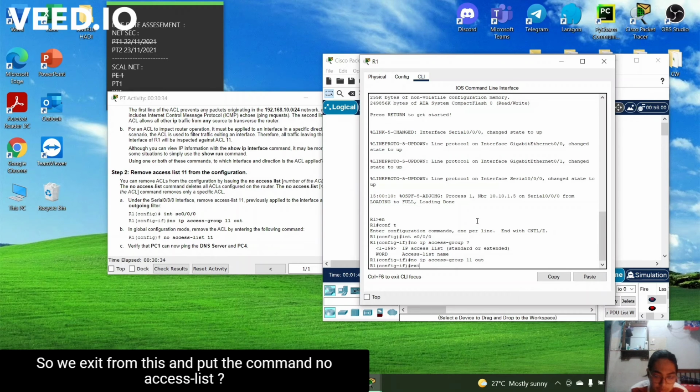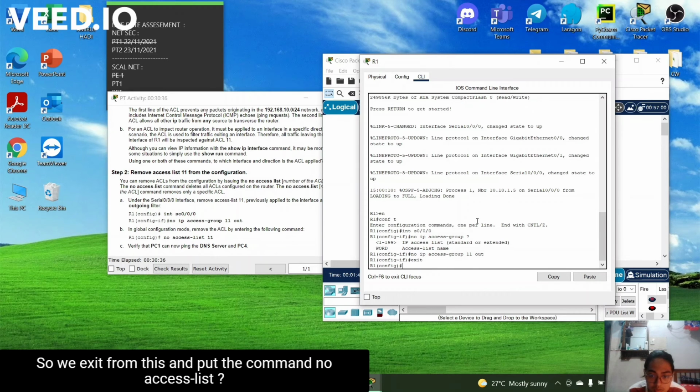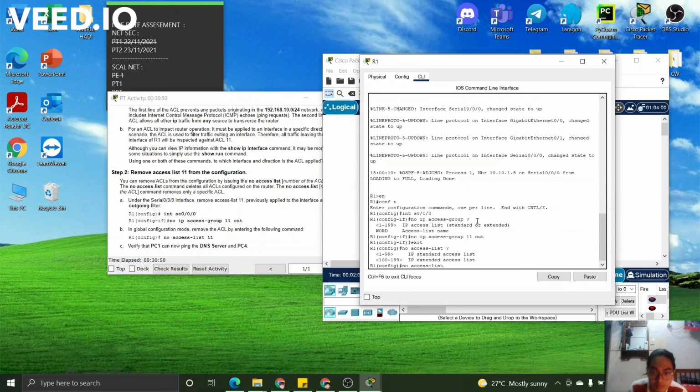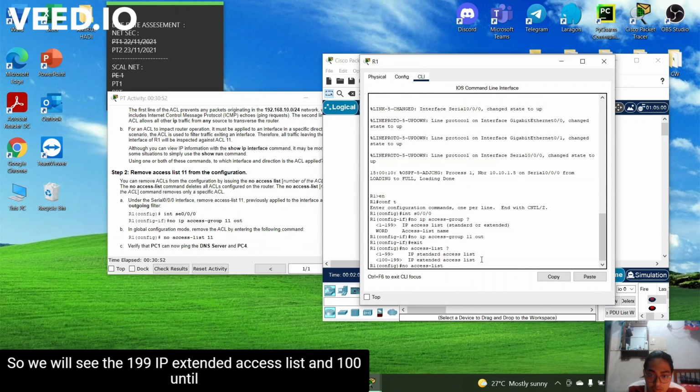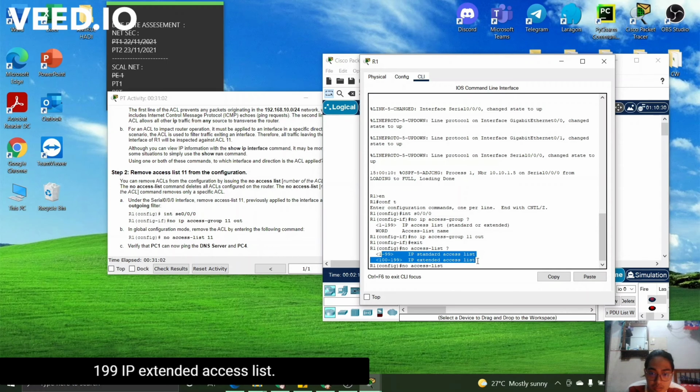So we exit from this and put the command no access-list and a question mark. So we will see the 1 to 99 IP standard access list and 100 to 199 IP extended access list.